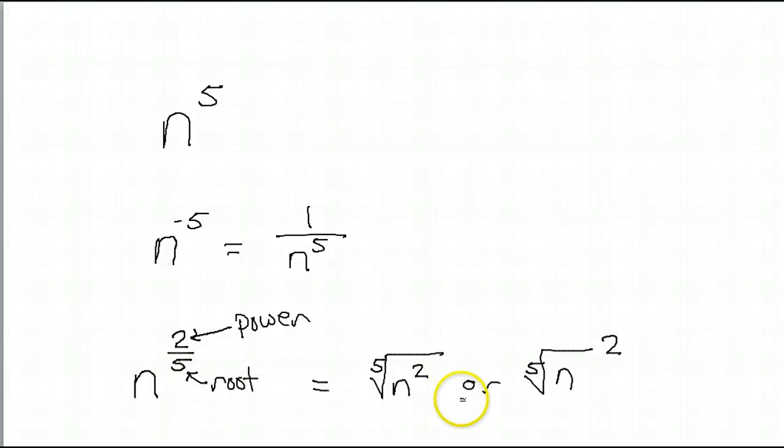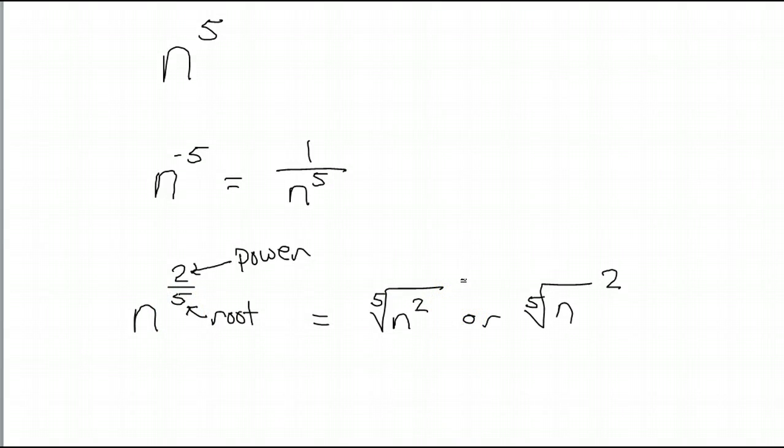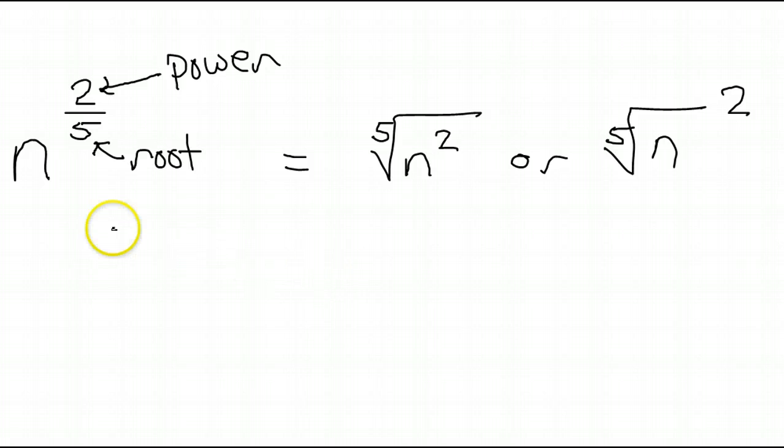Now, if that seems strange to you, take a look at a calculator. Actually, before we look at a calculator, let's simplify this a little bit. Power over root. Let's look at something that we know all about, square root. For example, we know that the square root of 9 is 3, because 9 is 3 times 3. Now, according to this principle, that we could make a fractional power, that would be power over root. If you look at the square root, for example,